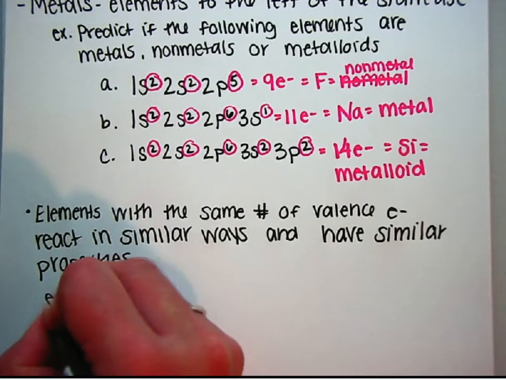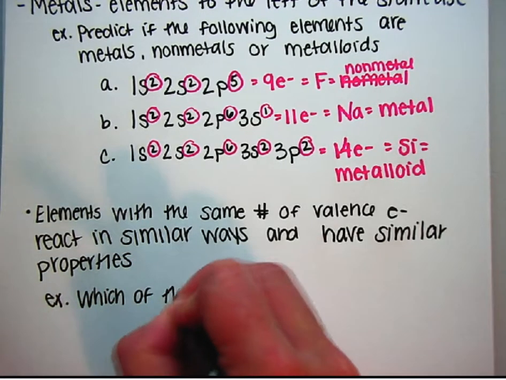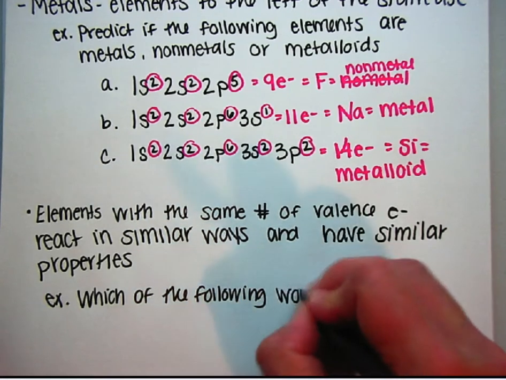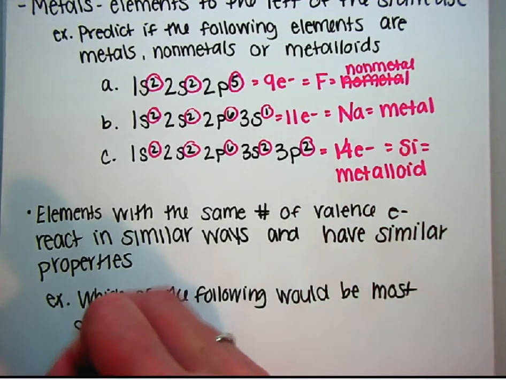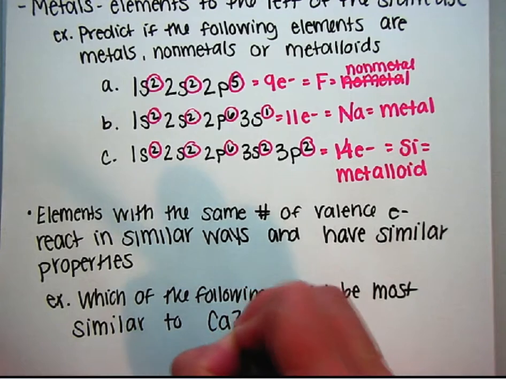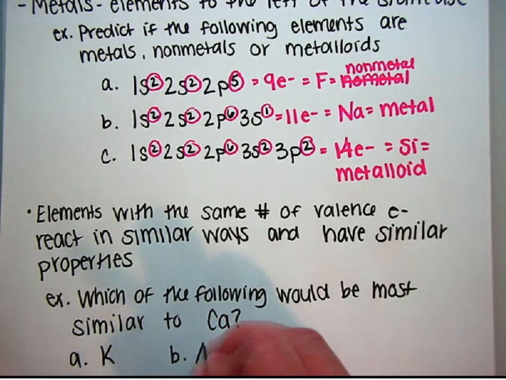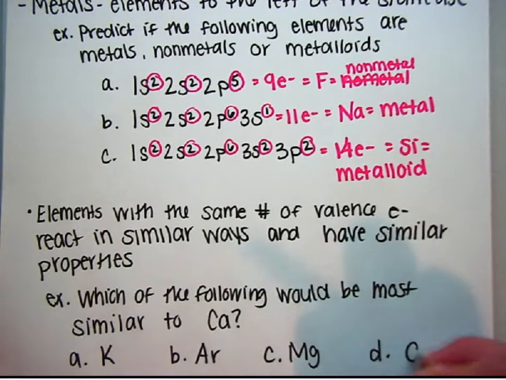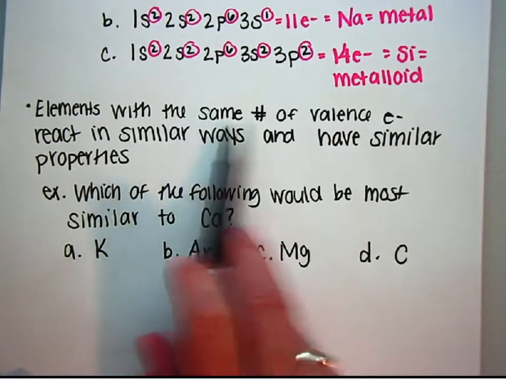So let's do 2 examples for this. Which of the following would be most similar to calcium? And our options were potassium, argon, magnesium, or carbon. So the key to this problem is that elements that are most similar have the same number